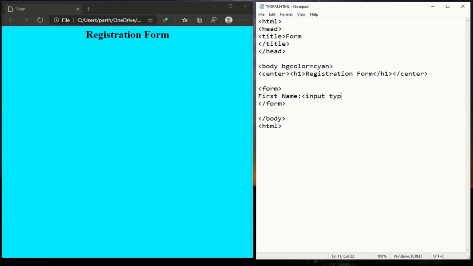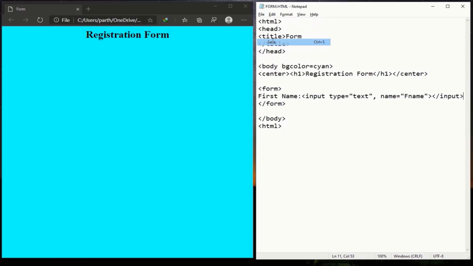Then use the attribute type, and the value of the type is text. Put a comma, though you can skip those commas. After that, use the name attribute and give a value as per your choice. Then close the angular bracket and close the input tag.